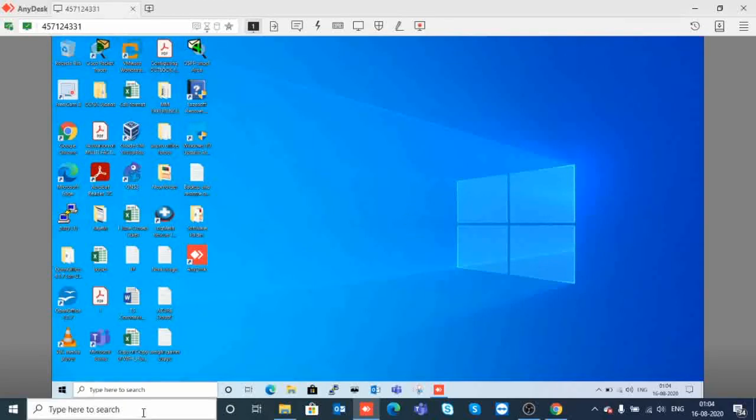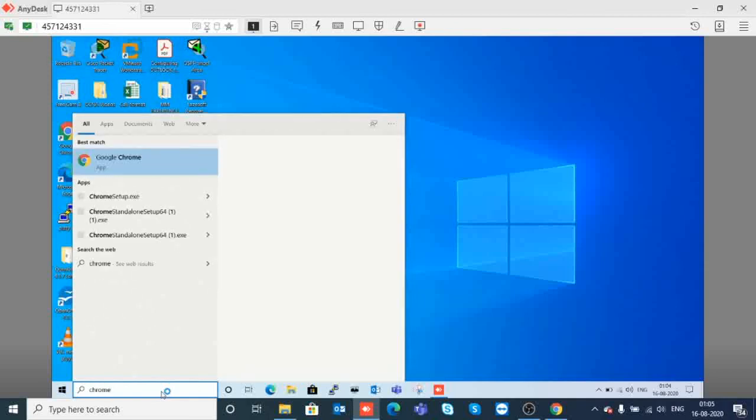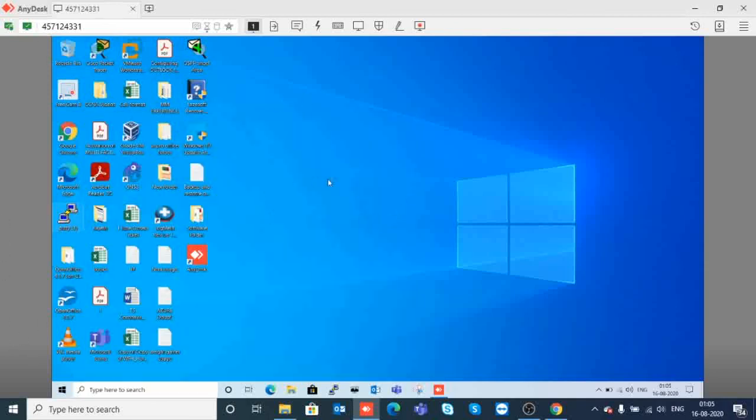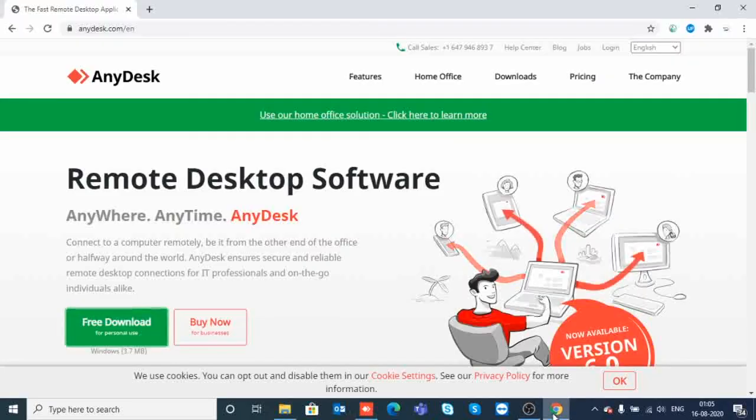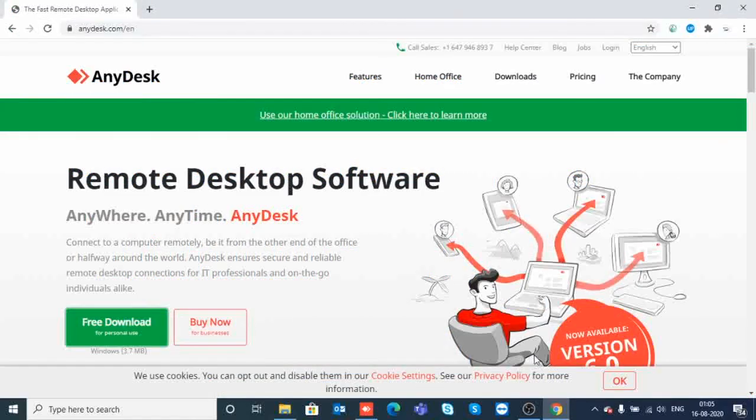So guys, you can see that the machine has appeared. The same way you can do everything. The first time, at least one person is required to accept.